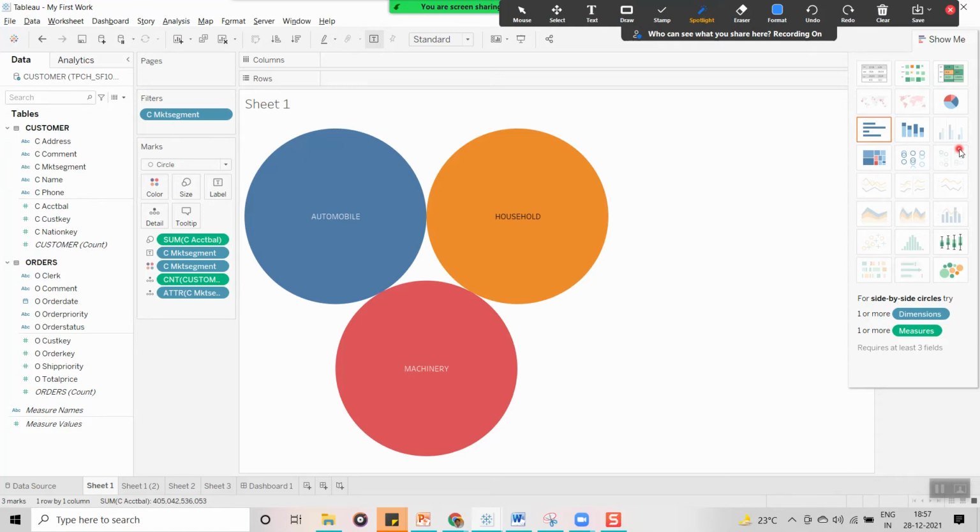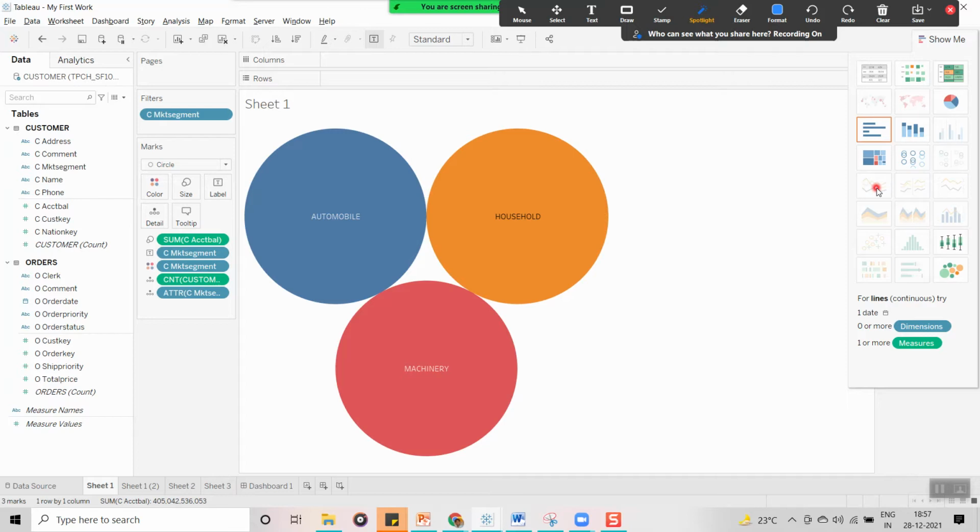For example, if you want to create a line graph, whenever I move the mouse cursor on top of the visualization, on the bottom side you can see the description is going to change. The description tells you what fields are mandatory to create this visualization.